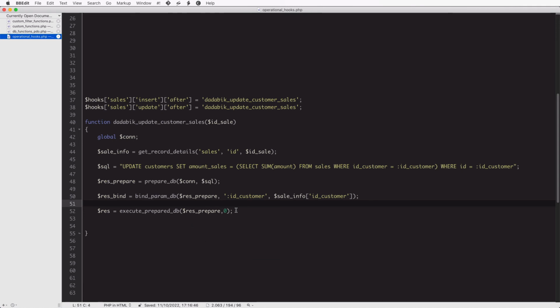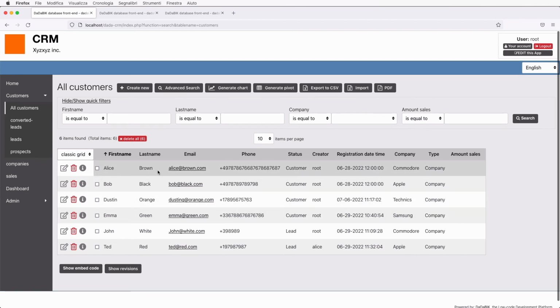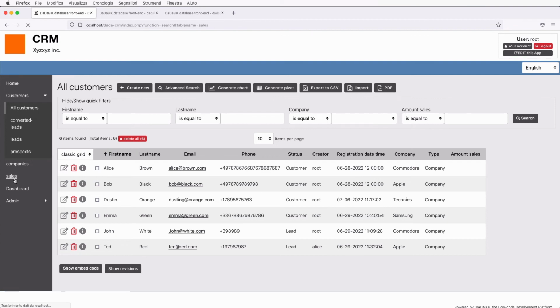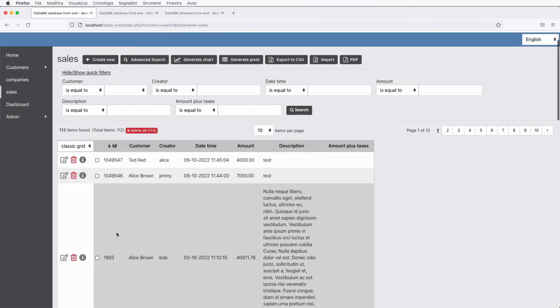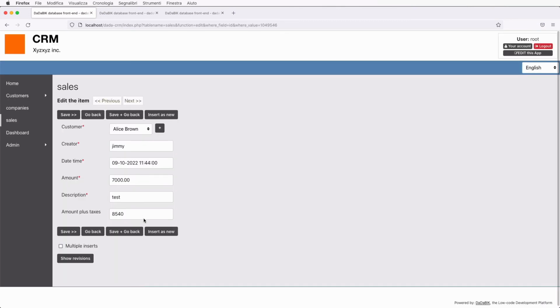Let's see if it works. So basically we can just take Alice Brown, first customer, sales. We can edit here a sale where Alice Brown is involved. I don't even have to change something here.